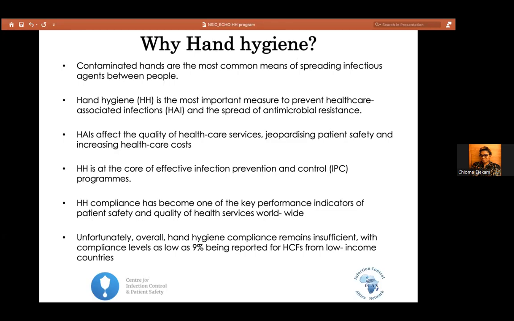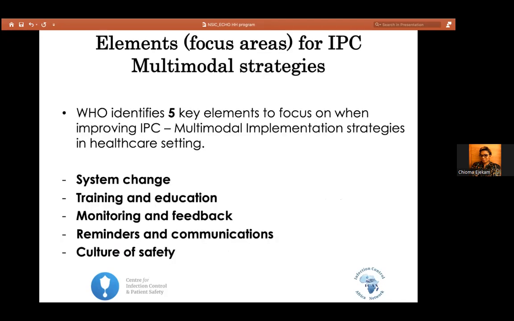But unfortunately, hand hygiene compliance is insufficient across the board, with compliance levels as low as 90% in low and middle-income countries. And even in high-income countries where they seem to be advanced with hand hygiene practices, they never really pass 70%. So that's what we're focusing on.